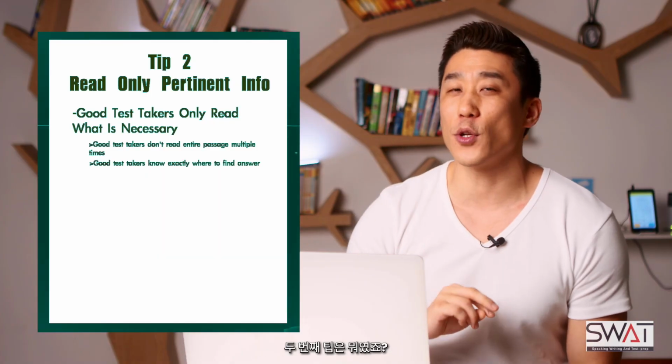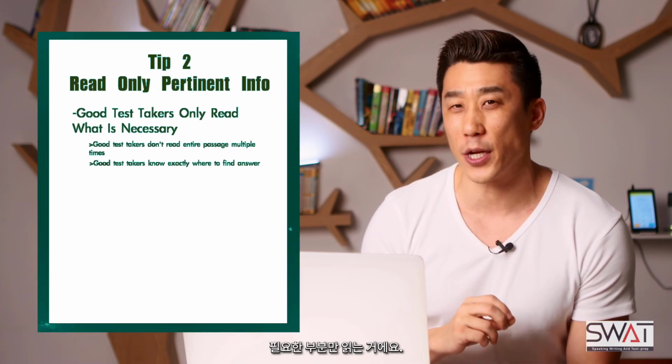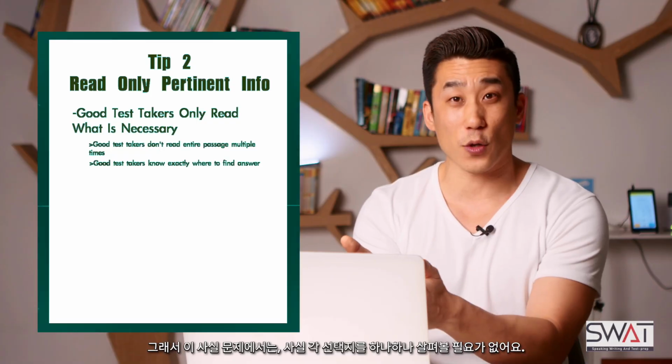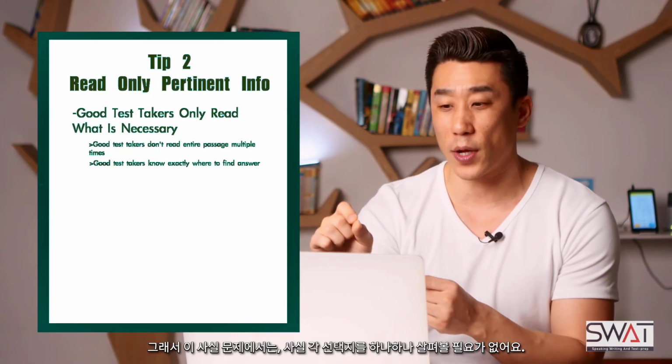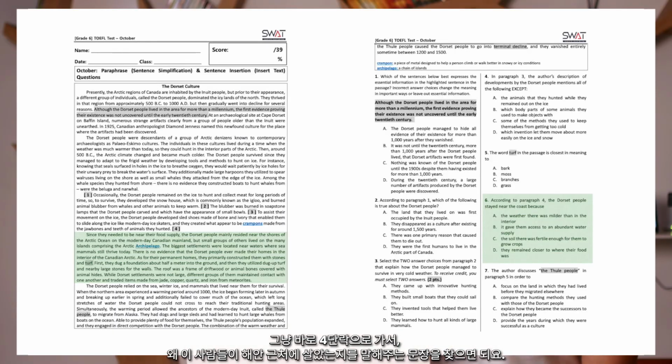So for this question, I don't even look at the answer choices. I go straight to the paragraph. What was step 2 in our 4 tips? Tip number 2 was read only what is necessary. Read only the pertinent information. So for this fact question, I actually don't need to go through each answer choice. I'll go straight to the paragraph 4, and I'll simply look for that sentence that tells me why these people